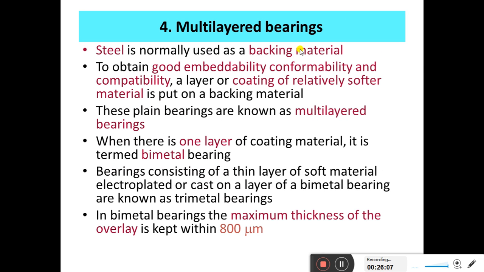Okay. Next, the next important materials are multi-layered bearings. This is called multi-layered bearings. It means there is a primary metal, and on that metal we are going to coat some other metals. It is called multi-layer. It can be a single layer, a double layer or a triple layer. If you increase the thickness, it becomes 3 layers, 4 layers. Okay. If the thickness is very small, it becomes a single layer. It is also called a bimetal.